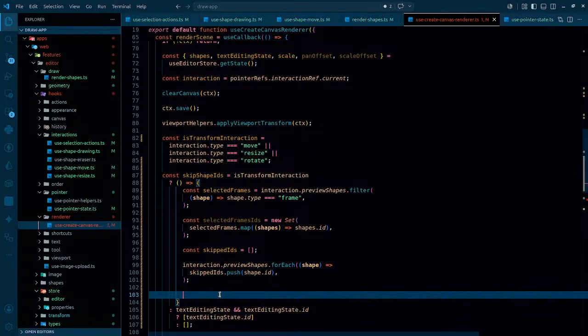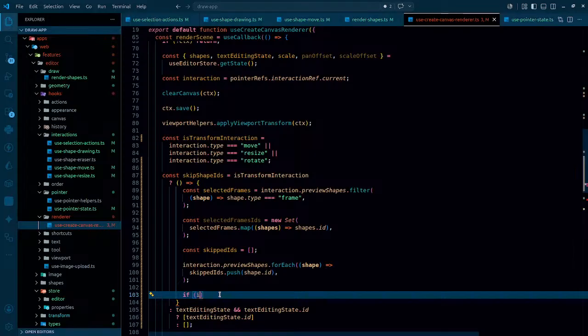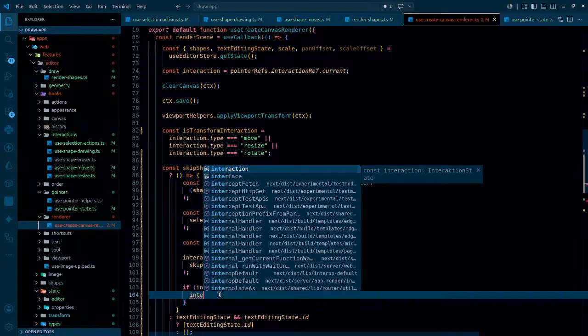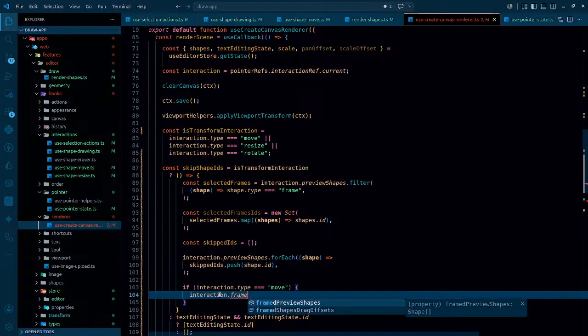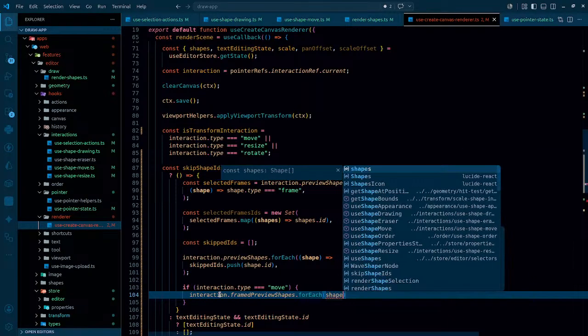We don't really have it. We'll only have the framed shape when we are moving. So if we are moving, interaction.type, if that equals move, in that case interaction.framedPreviewShapes.forEach I'll get shape,